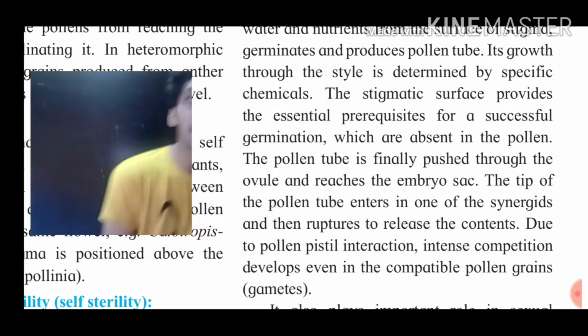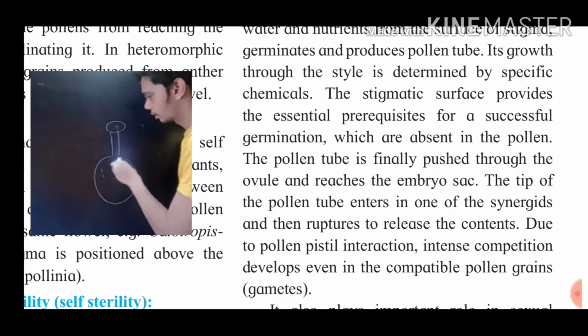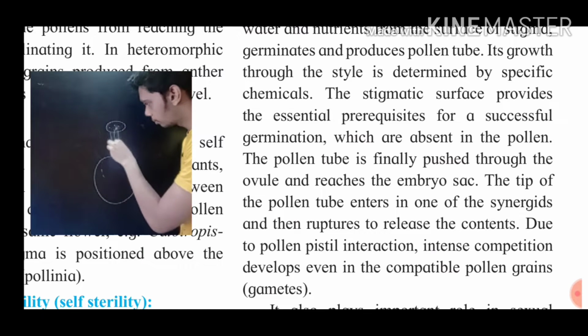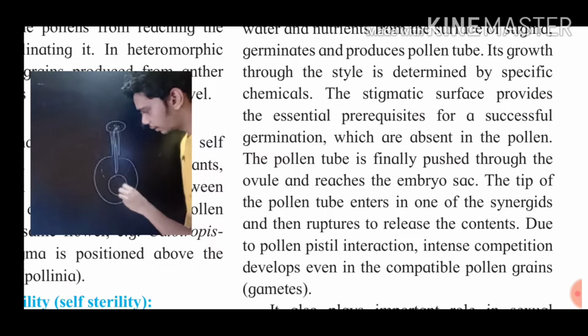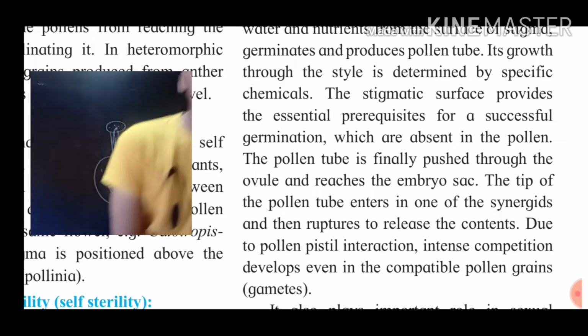What is the embryo sac? See, suppose I am drawing the diagram again. If this is a pollen grain that forms the pollen tube like this, here the ovule is present, here is the egg cell, and here are the synergids. Then this has to be pierced like this and has to go into the egg cell. So fusion of the egg cell should happen over there.